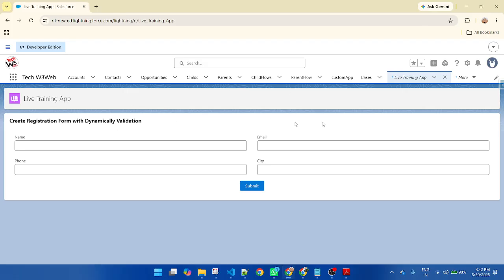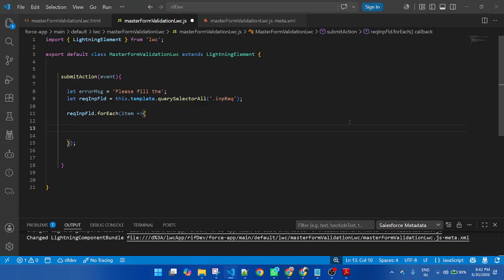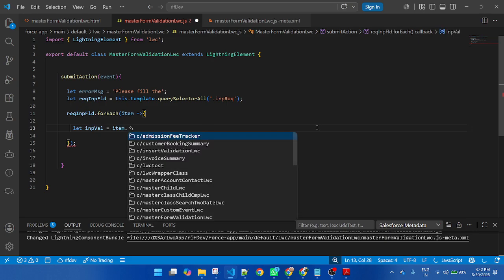Now I will get the input value first, so that I will check. So let me create another variable, let input value. How to get the input value? This one, item dot value.